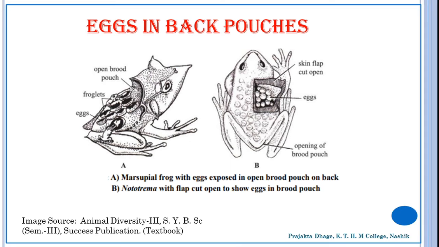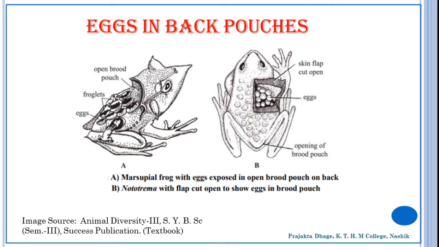In some frogs, the female carries the eggs on her back, either in an open oval depression, or a closed pouch, or it may be a single pouch itself, or it may be individual pockets. So for each egg one pocket will be there, or the eggs will be present in one single pouch. The eggs develop into miniature frogs before they leave their mother's back. They will only leave their mother's back when they are miniature frogs. The best example for this is the Brazilian tree toad Hyla goeldii, or